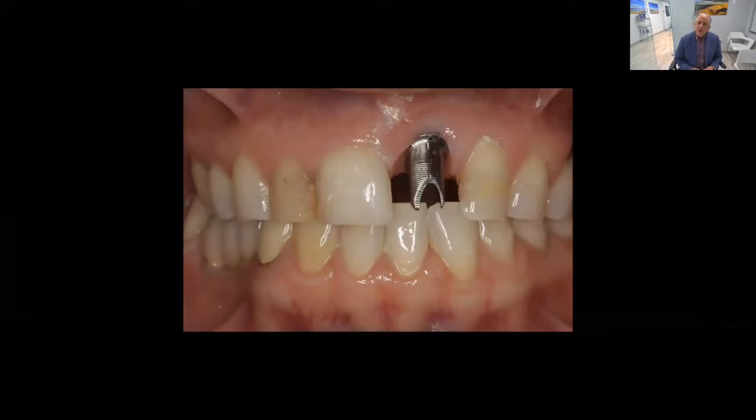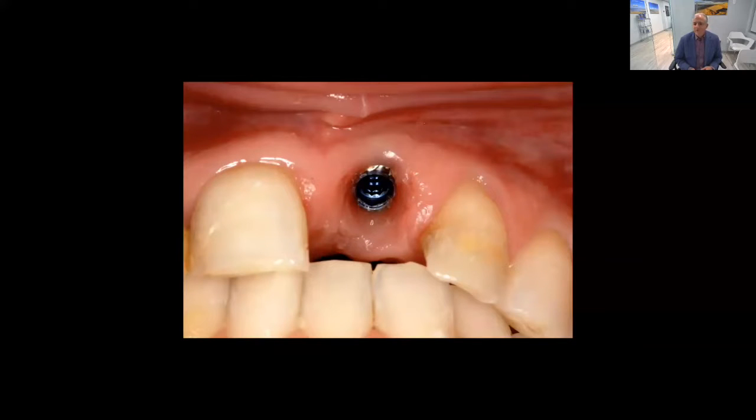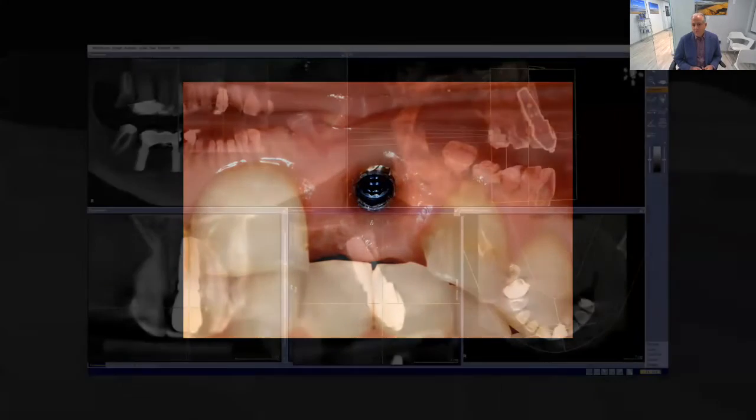So we removed that crown, and what I find is that her abutment, there really was no room to create an emergence profile for that restoration. There was not enough tissue there. And this is really the implant. So that implant was placed really at the level of the gingiva. So again, not enough room, not enough keratinized tissue to create an emergence profile, and not a result that we're